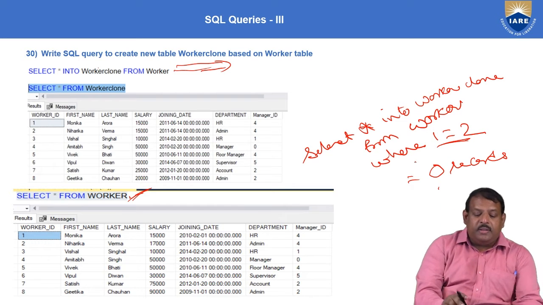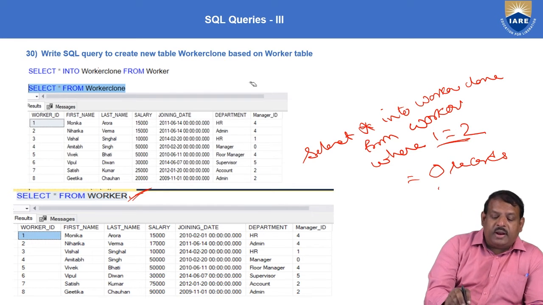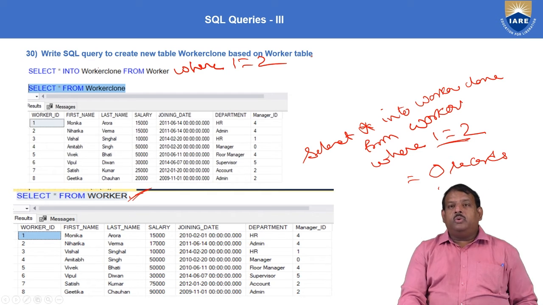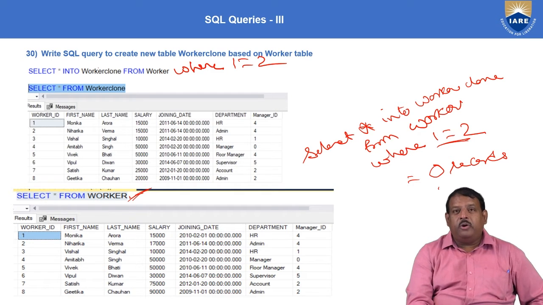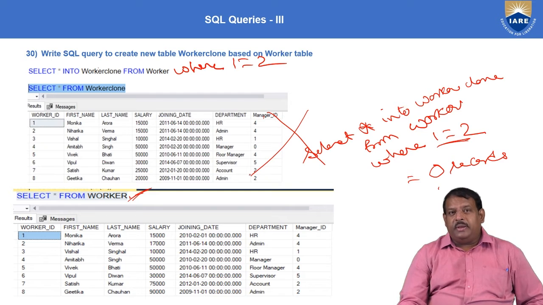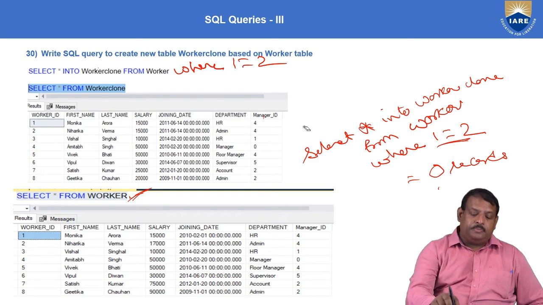If I write the where clause where 1 is equal to 2, then the workers clone table will be created, but it will not have these records. It will be empty. There will be no records in this database table.